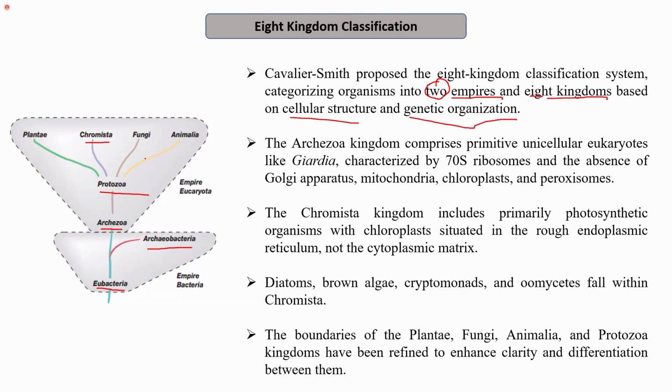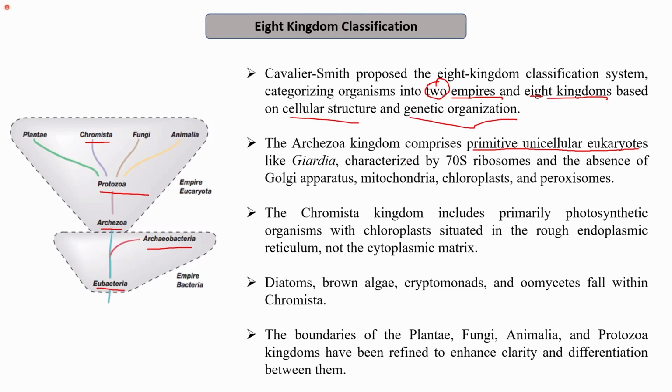The remaining Plantae, Animalia, and Fungi were the same as the previous one, but new kingdoms were added into this 8 kingdom classification, which were Archezoa, Protozoa, and Chromista. So the Archezoa kingdom comprises primitive unicellular eukaryotes. Just like archaebacteria, which were primitive bacteria, Archezoa represents the